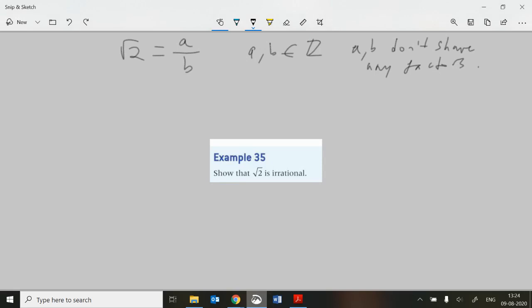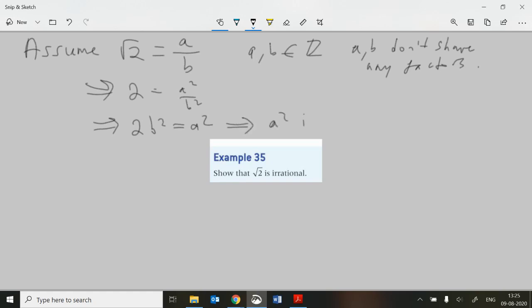Okay, so show that the square root of 2 is irrational. So we've assumed to start off with that it is rational. The square root of 2 is equal to a over b. Now we're going to take some logical steps here. Probably should say to the examiner as well, so that we should assume this. And I guess it's logical after this to say, well, that implies, what could we do to both sides? Well, we could square both sides. So 2 equals a squared over b squared. And of course, we can rearrange that and we can get out 2b squared equals a squared,